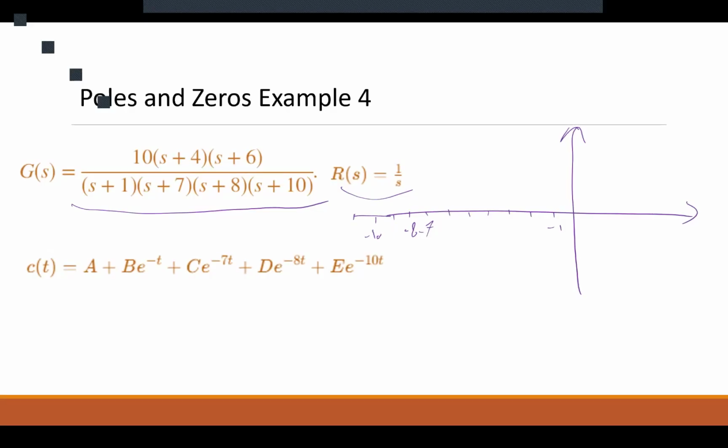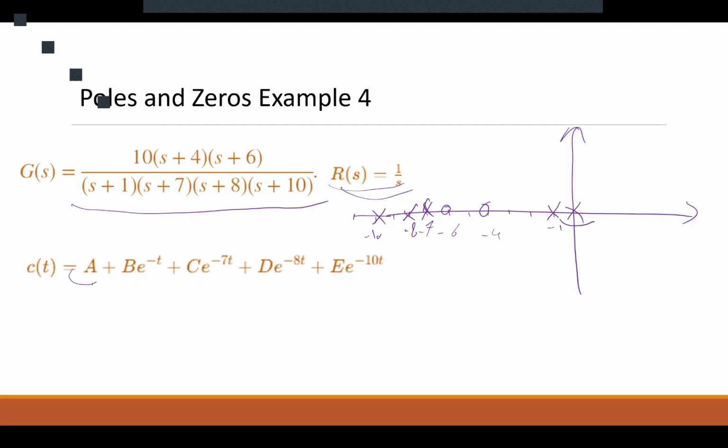We have a zero at minus 4 and a zero at minus 6. G of s has poles at minus 1, minus 7, minus 8, and minus 10. And our input would add a pole at 0. So the response is going to be